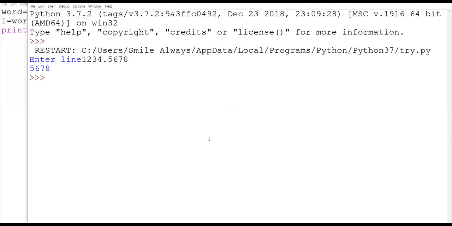Now another question that I'm giving you for homework. Just now you have seen the use of the title function. What the title function was doing was converting every first character into a capital letter. So without using the title function, you can use only the len function.